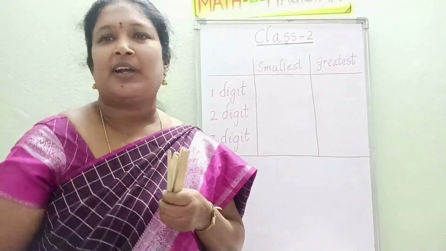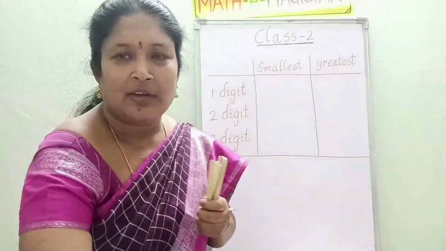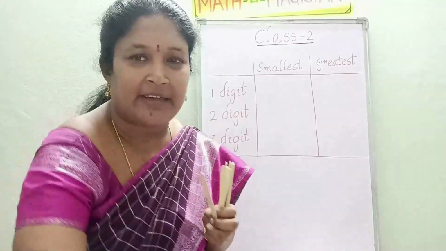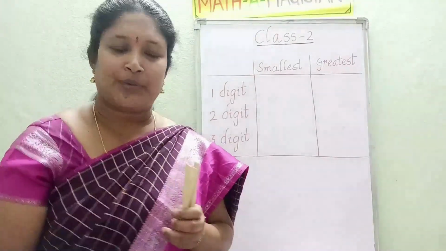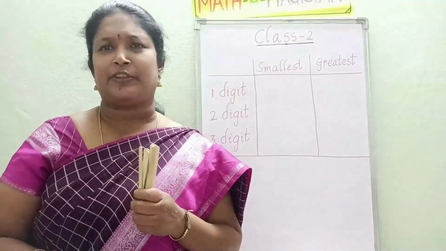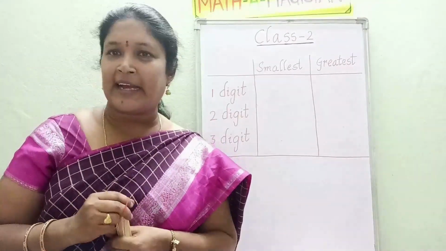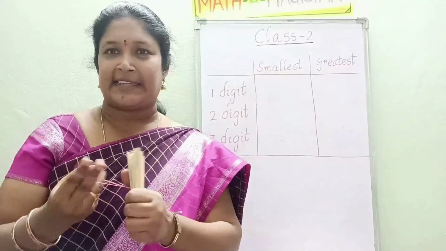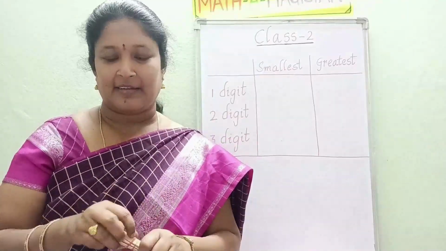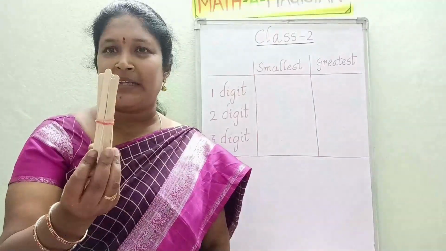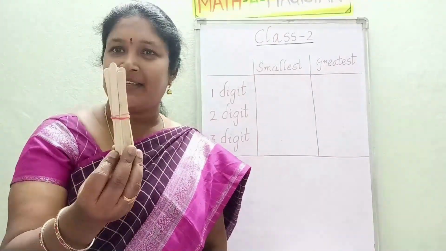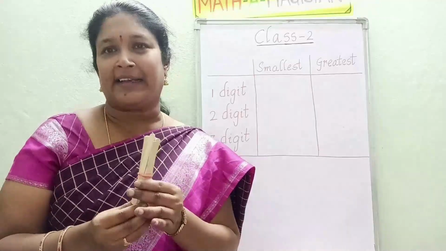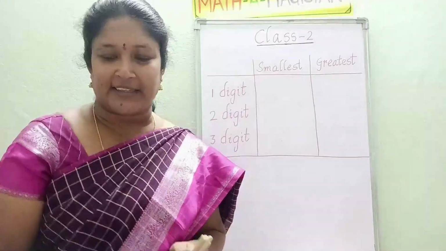10. So every time I can't add one more and count it as 11, one more, count it as 12. It will take a lot of time for me. That's why what I am doing? I am making 10 ice cream sticks as a bundle. Now one bundle means how many ice cream sticks are there in this? Without counting this, I can tell you. So 10 are there in this.